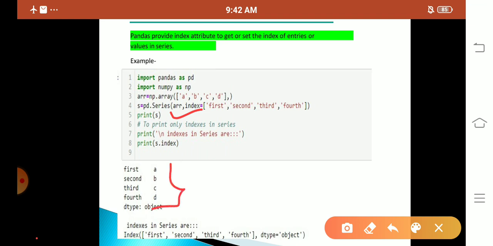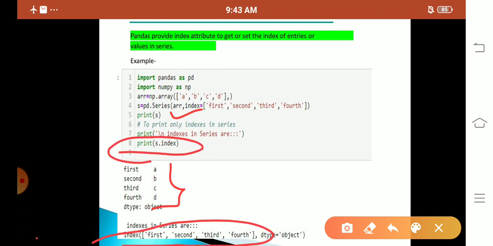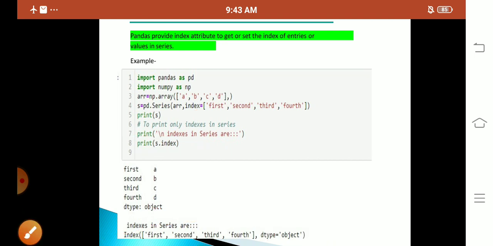To print only the index in a series: if you want it to print only the index, write print s dot index. So it will print only the index values. What are the index values? First, second, third, fourth, only these it will represent. Okay, next,